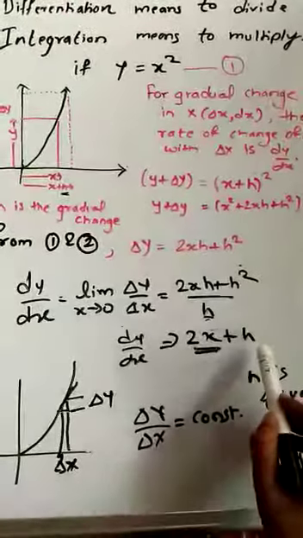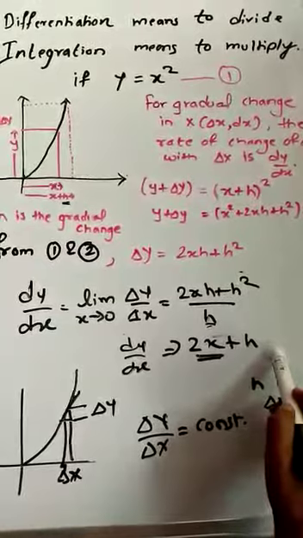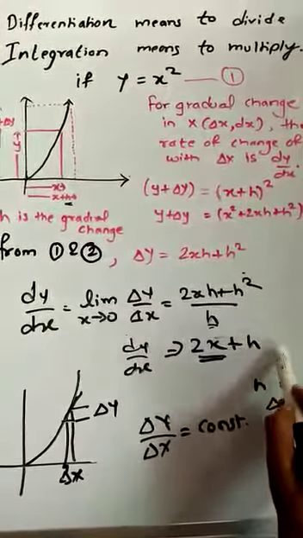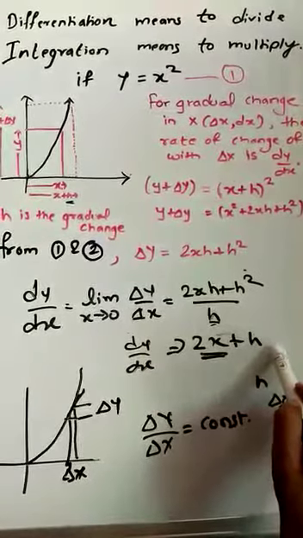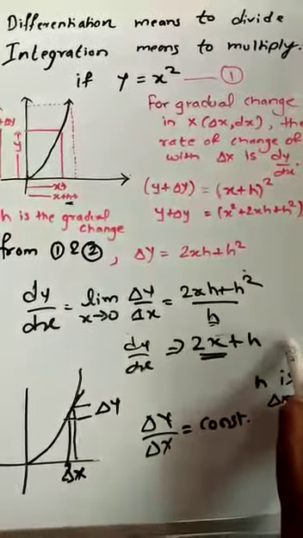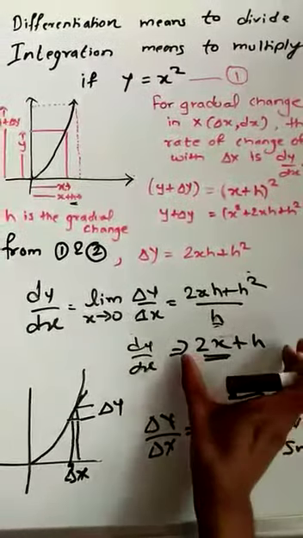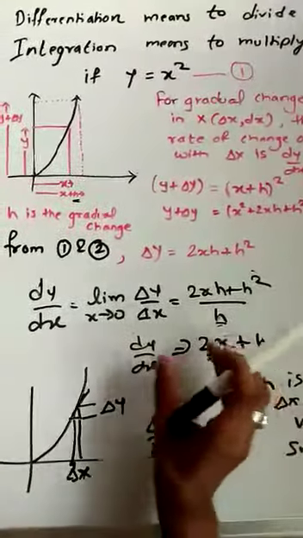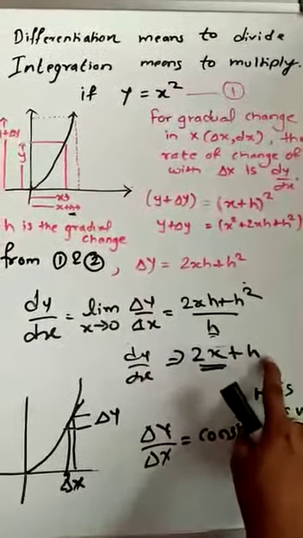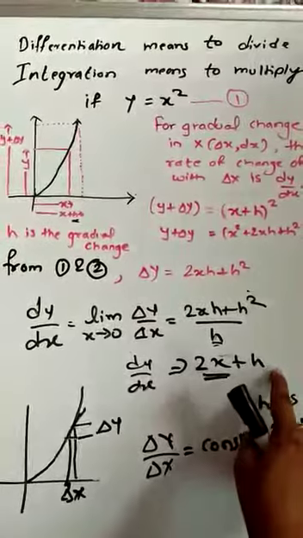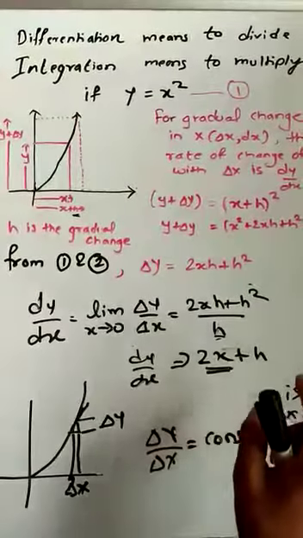Now here, if there is no term of x associated with h, that means if h is made smaller, if h is made even smaller, then what will happen? If there would be a value of x, then with the change in value of x, the answer would change. Yes, but now because there is no term associated with h, even if the value of h is made smaller, the answer will still be